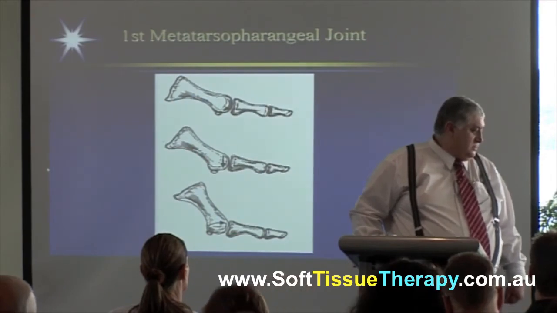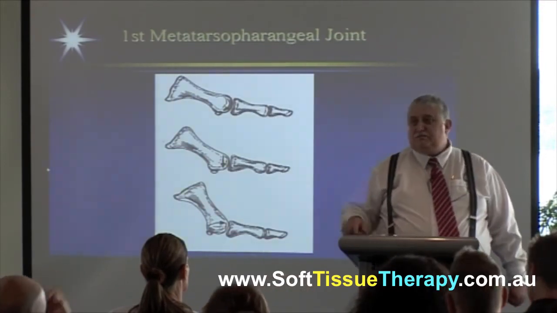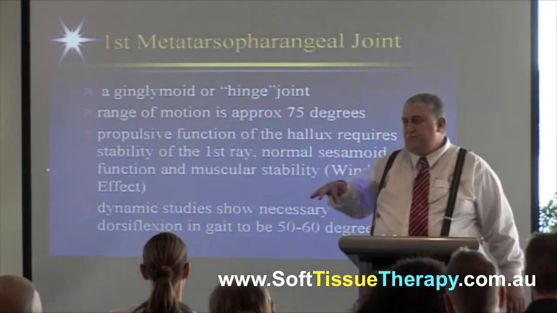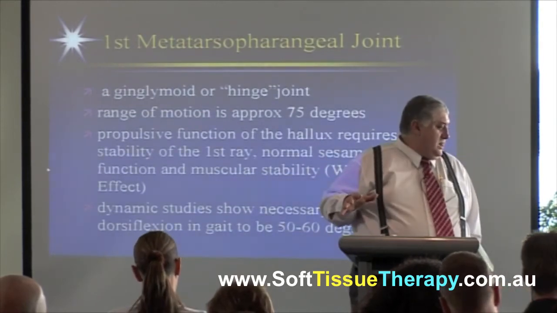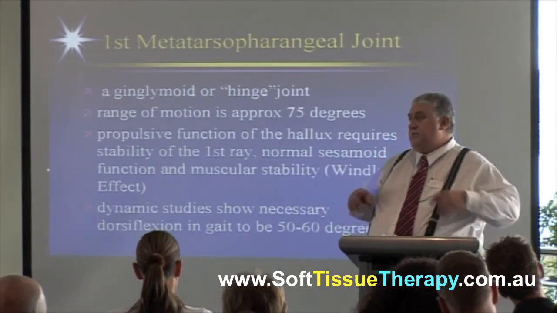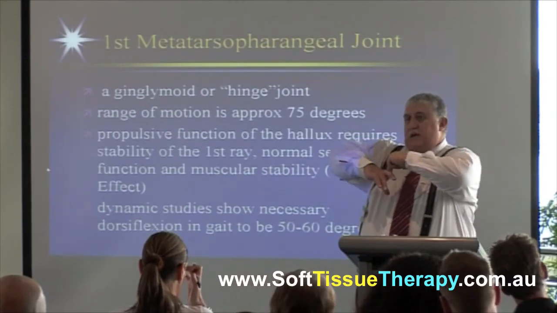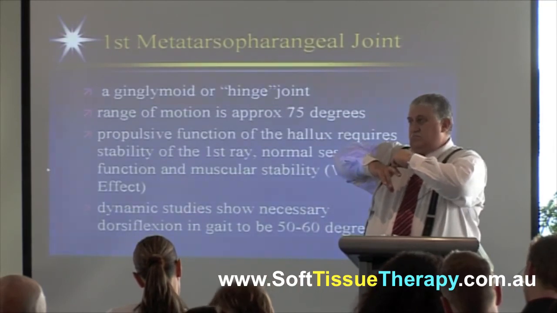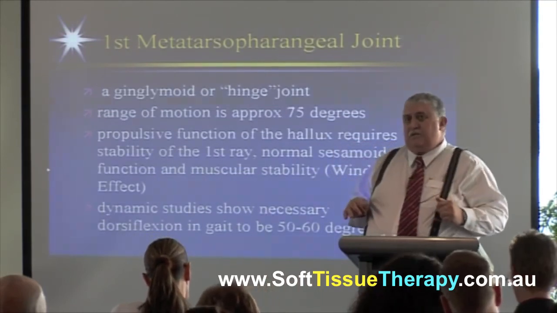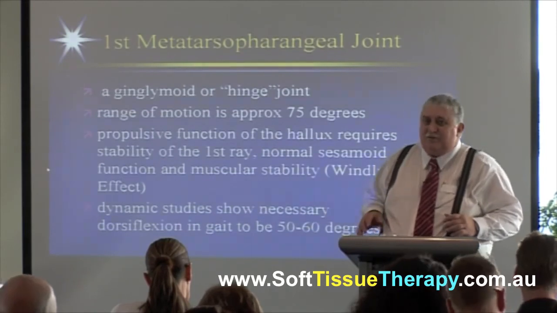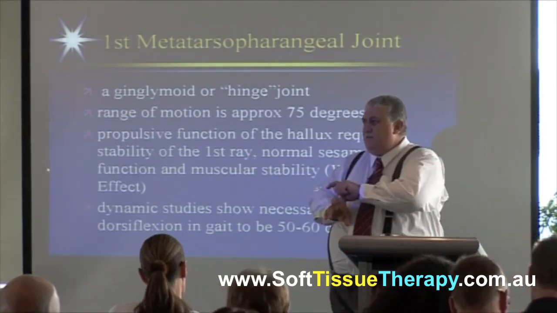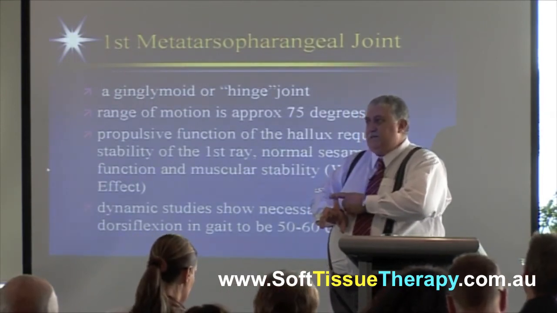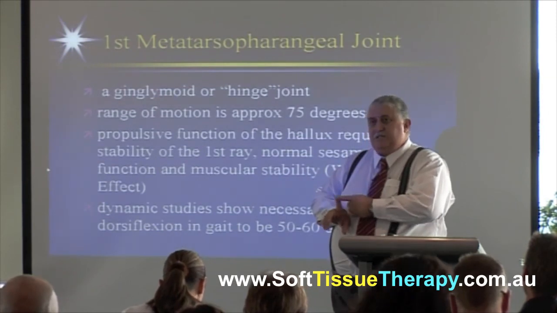So the first metatarsal joint, it's a ginglymoid joint, which means that you get a little bit of rotation, as I said, as well as a hinge type of effect coming through. The range of motion should be about 75 degrees. So if your big toe doesn't bend back at least 75 degrees, then it's got a range problem, okay? And you'll see feet that you sit them up on the bed and you go, oh yeah, nah, you're fine. Put them on the ground, then try to bend that big toe and see how fine they are. And that's the issue with